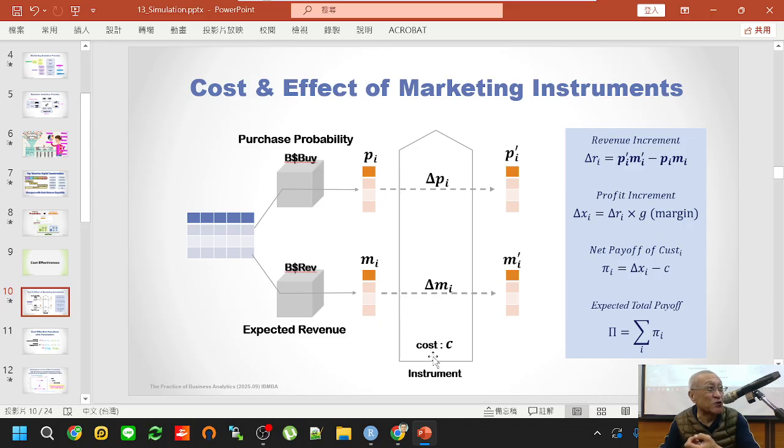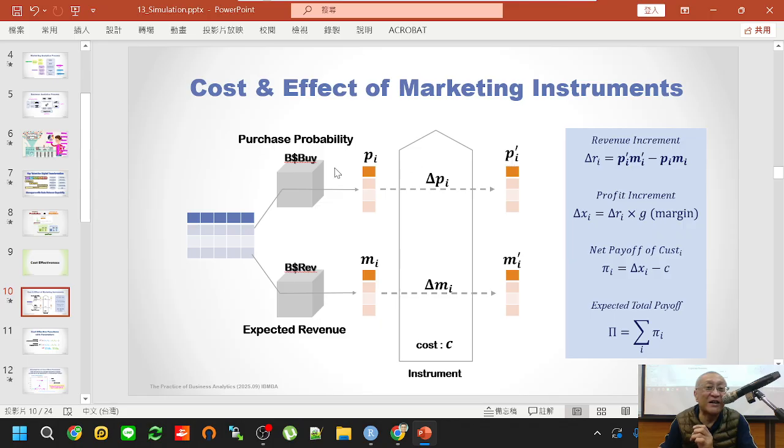So with this cost, we are supposed to raise pi or mi. Now, because we do not have too much time left, today I just assume that this market instrument will increase pi, right? Okay. So when pi increased,